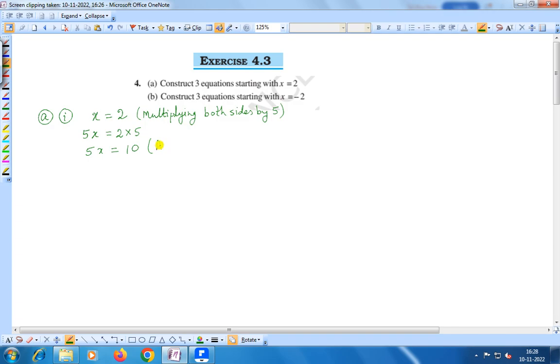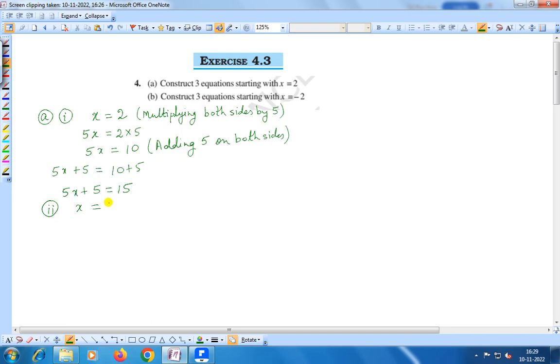Now adding 5 on both sides, we are getting 5x plus 5 is equal to 10 plus 5, or you can say 5x plus 5 is equal to 15. This is one equation. Now we will construct another equation, that is equation number 2, that is x is equal